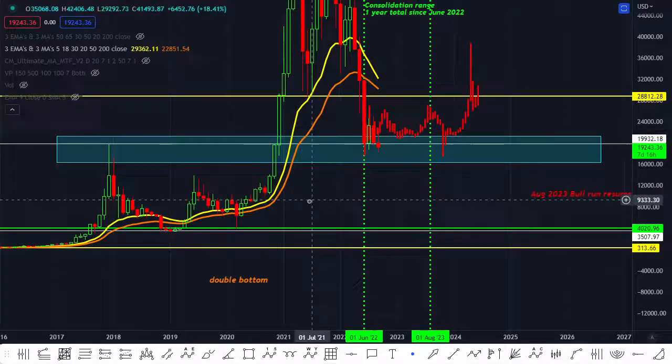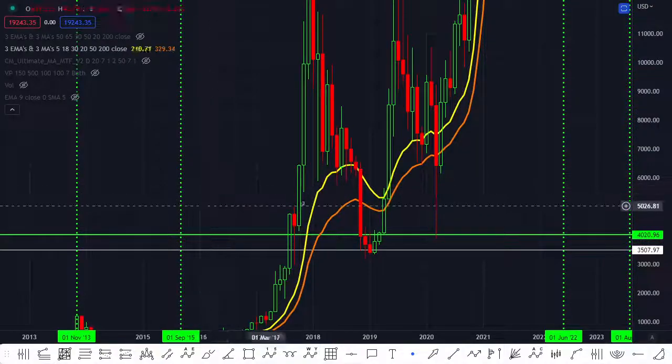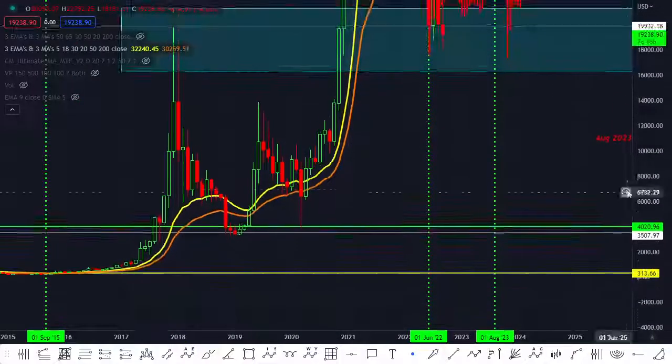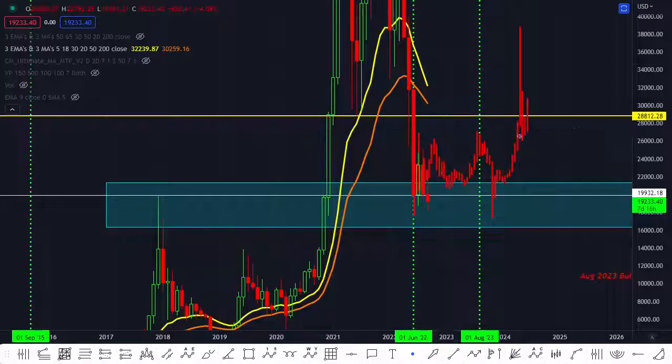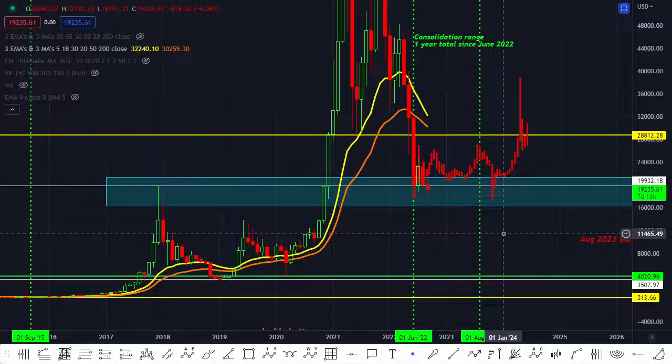Obviously, this doesn't have to play out exactly. This could be similar to 2018, where, as you can see here, they didn't come as close as in 2014-15 to touch, and it just ripped to the upside. It could happen. Again, that's why you DCA. But generally speaking, I'm very, very bullish on Bitcoin. I don't want to sound like the only person in the world who's saying this, but I honestly don't feel Bitcoin will drop below 17.6. I don't know why. It's not based on TA. It's not based on charting. It's just based on a feeling that I don't think in inflation Bitcoin will drop.